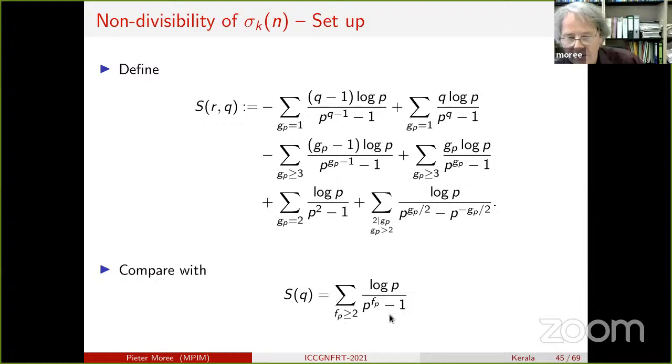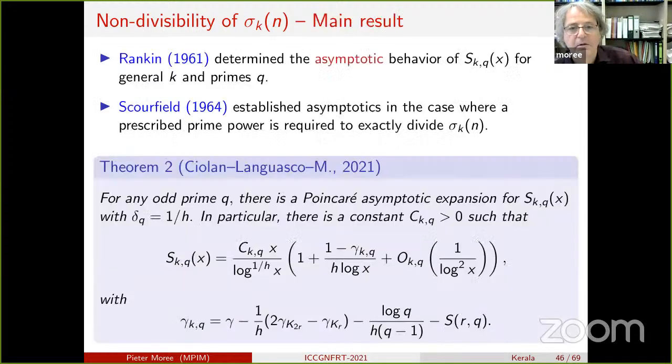You can better just look at this simple sum, which has the same flavor. So in essence, you sum over all primes, and this is the multiplicative order of p modulo q. You want the multiplicative order to be greater or equal than 2, otherwise this would diverge. So this is just some finite number, very much depending on the structure of q minus 1.